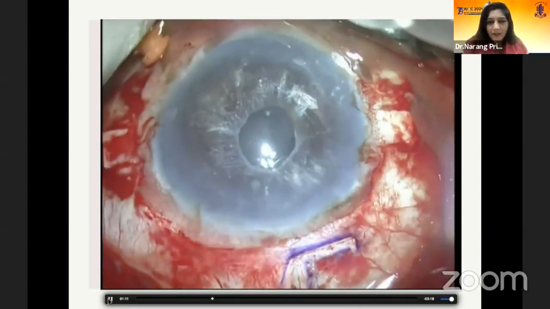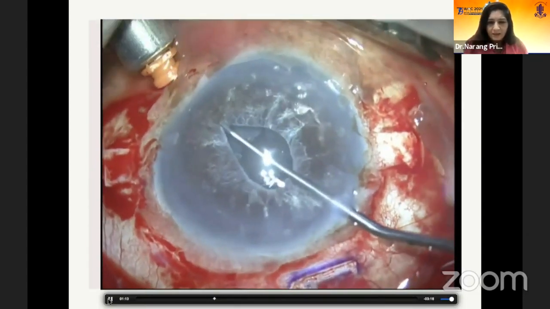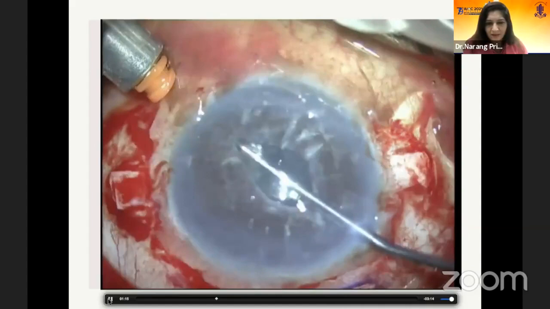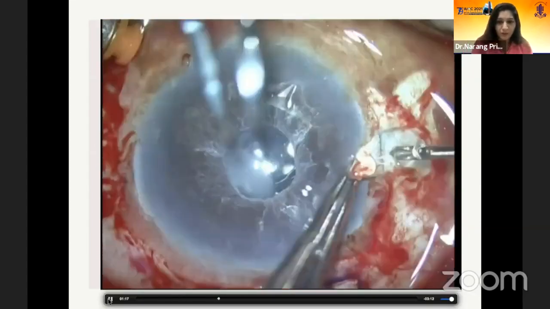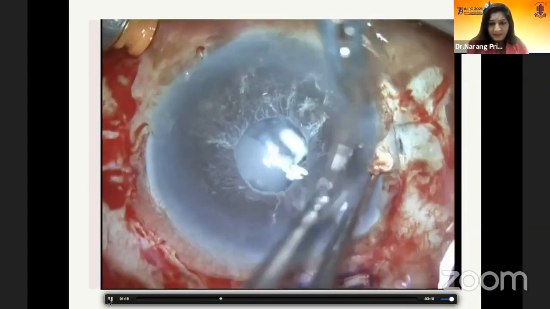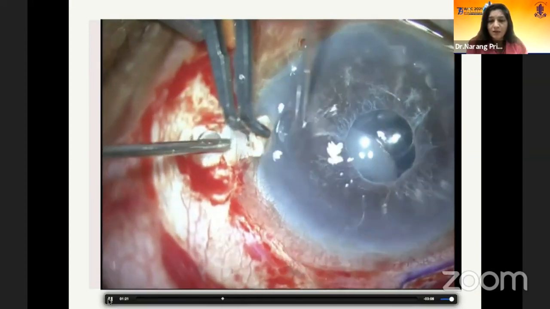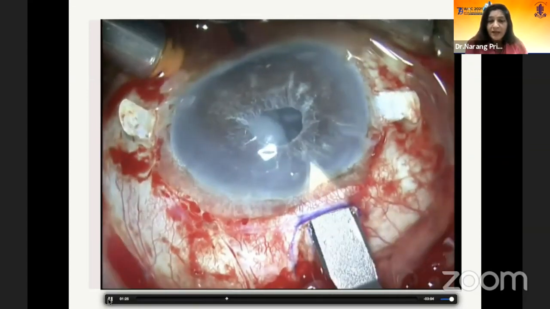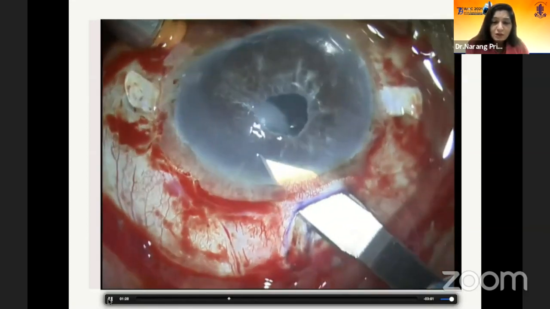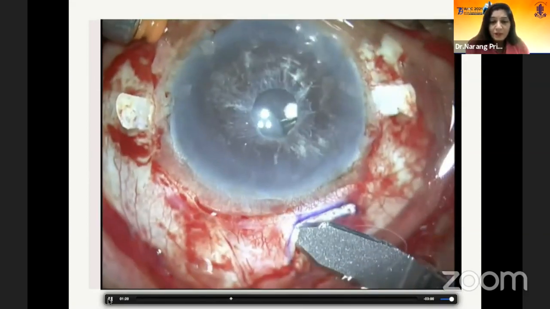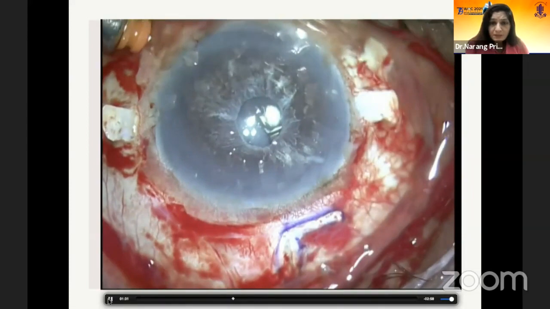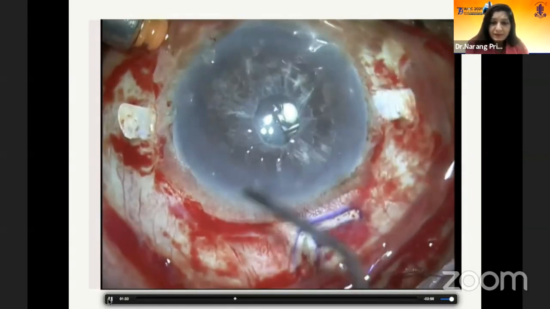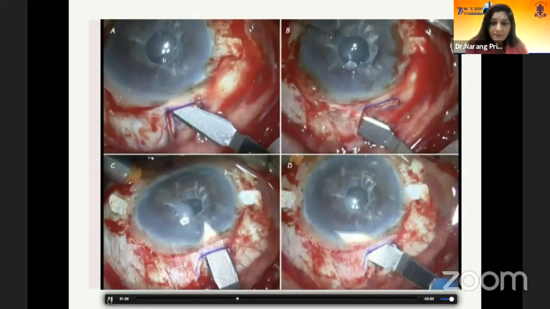Suppose if you are using a smile or a frown incision, whatever you are comfortable with, you can do that. But I just wanted to highlight this. You can convert this surgery into a glued surgery, making up the flaps and then going ahead. Now you see how beautifully this incision is being extended. When you extend this incision, you can just see that this entire intraocular lens tries to come out